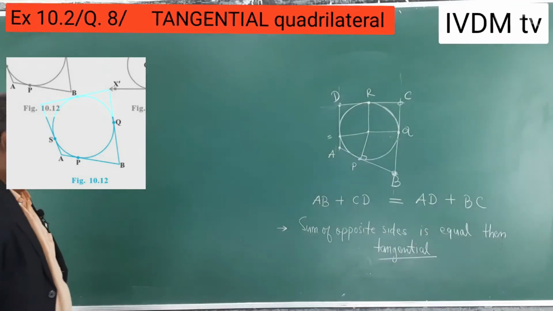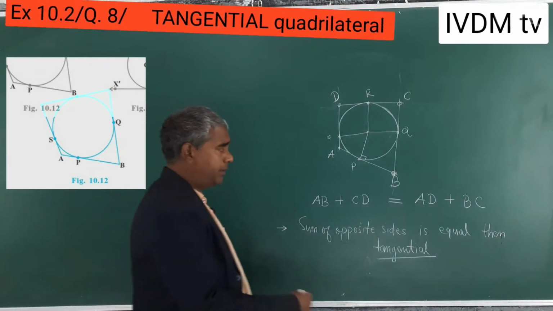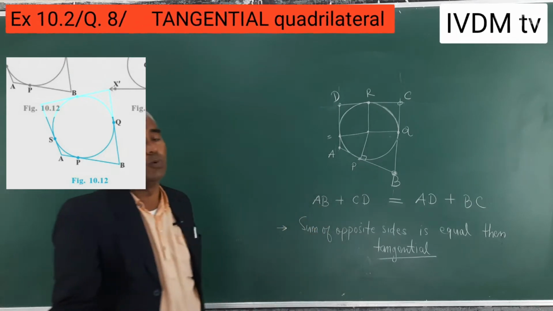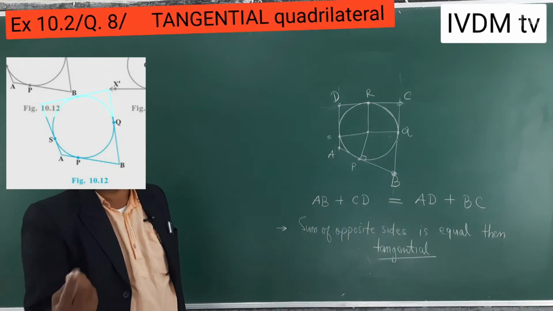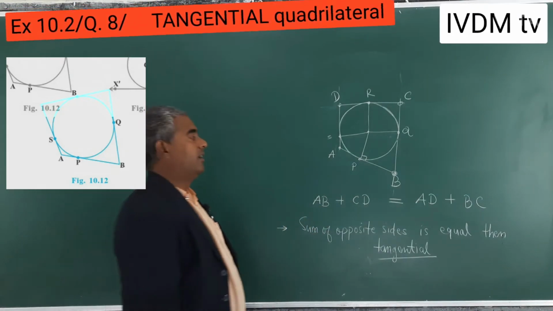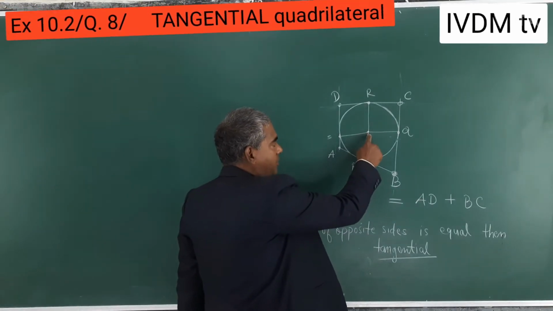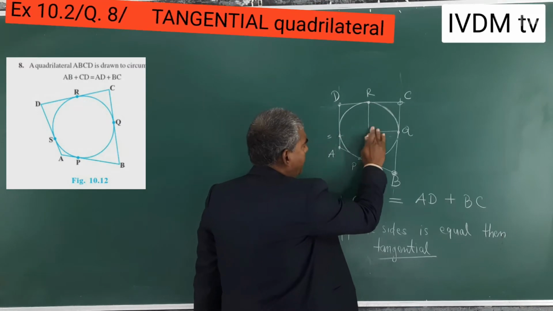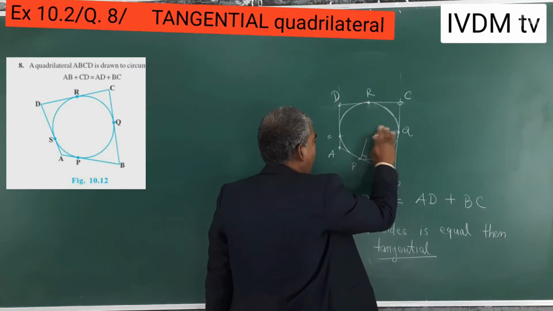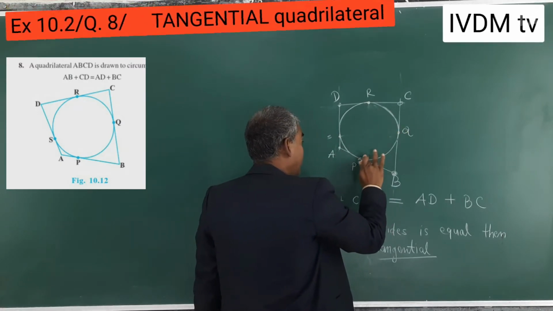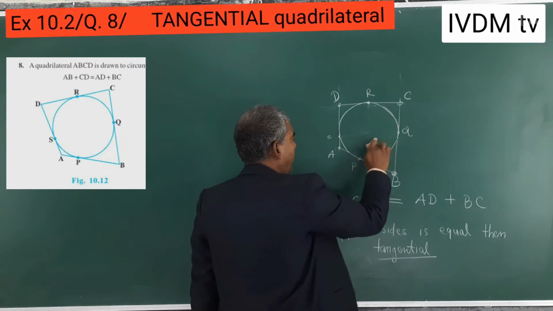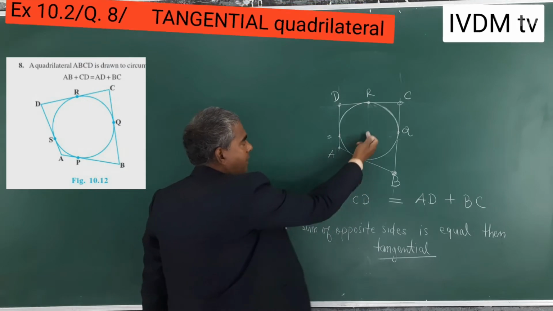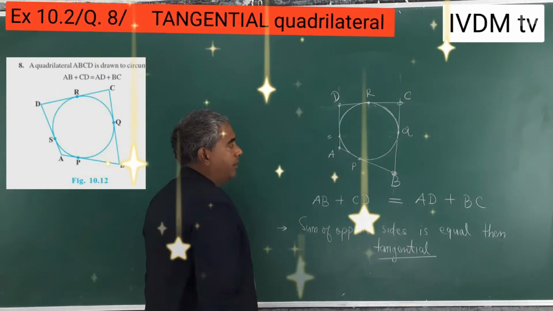Now we will prove it. It's very easy. We will use here theorem 10.1 and 10.2. No, only 10.2. And that is why in your question this center is not made, but I have made it, but it is of no use. How to draw this? So then you will be required. But for proving this, the center is not required. So that is why. Okay.